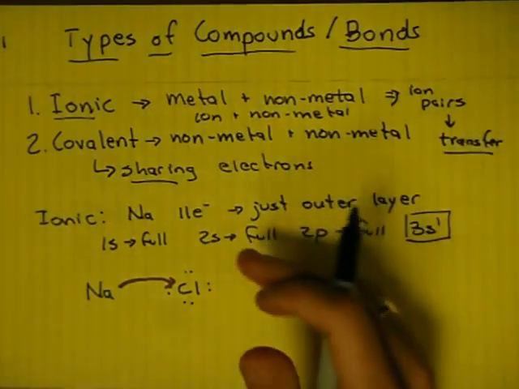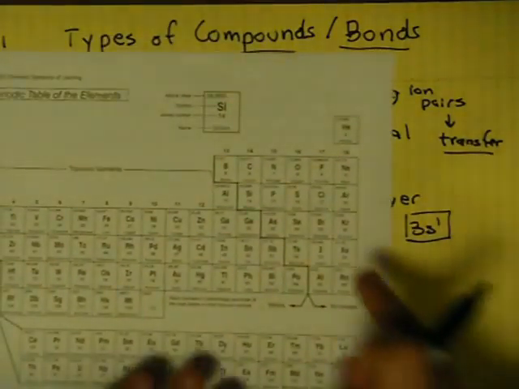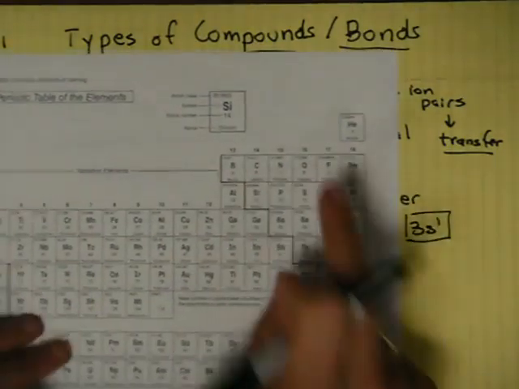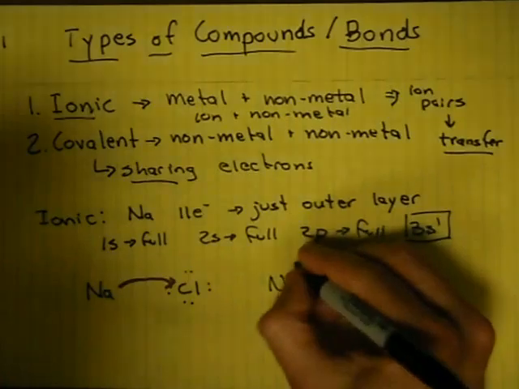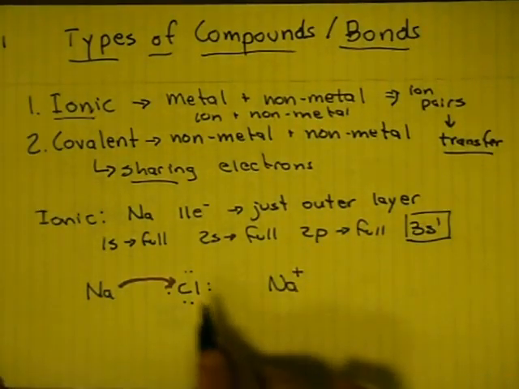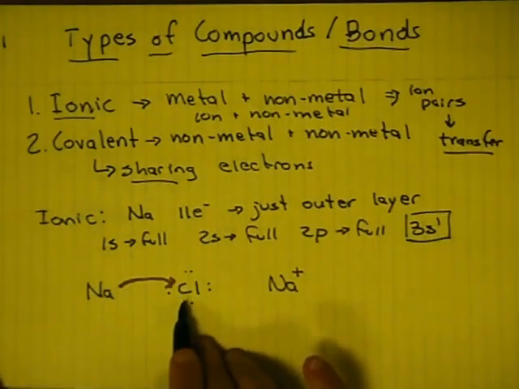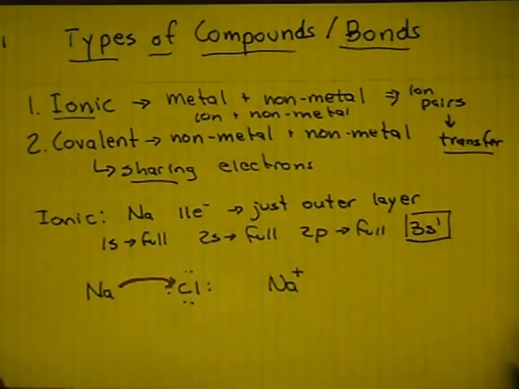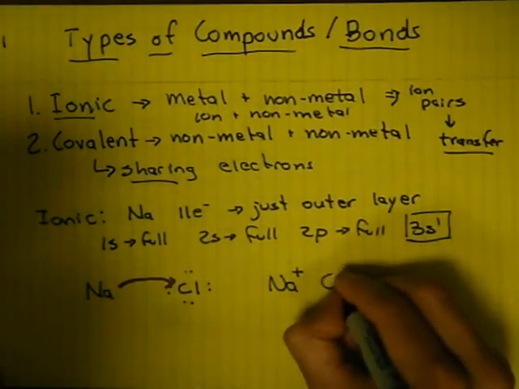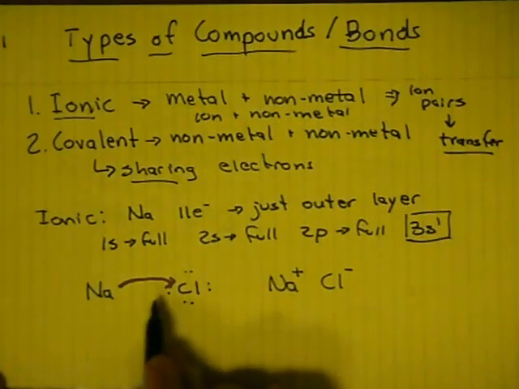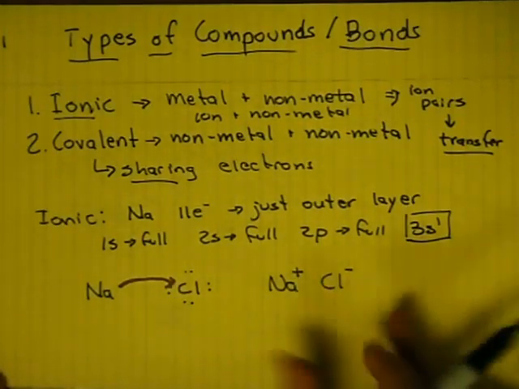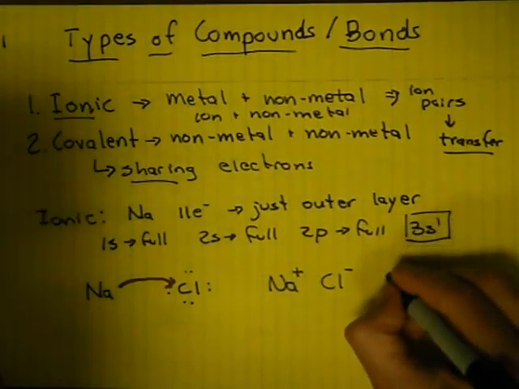And so the one below it, which if you look below this 3s, below it is this 2p, it's got all 6 there, so that's full. And so we write this Na plus because we lost an electron. Now for chlorine, it's got 1, 2, 3, 4, 5, 6, 7, 8. So chlorine has a full outer shell as well, but it's now an ion because it picked up an extra electron. So Na plus, Cl minus, when we put them together for this NaCl,